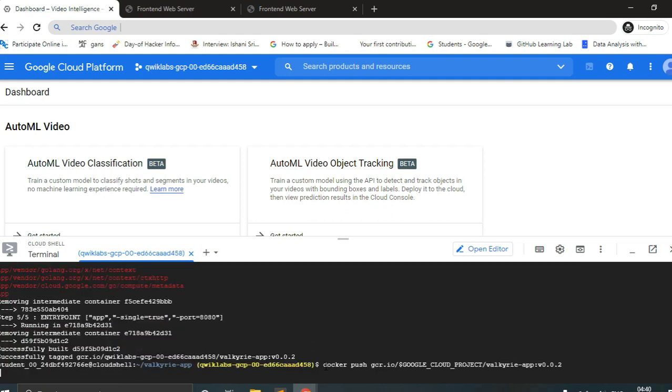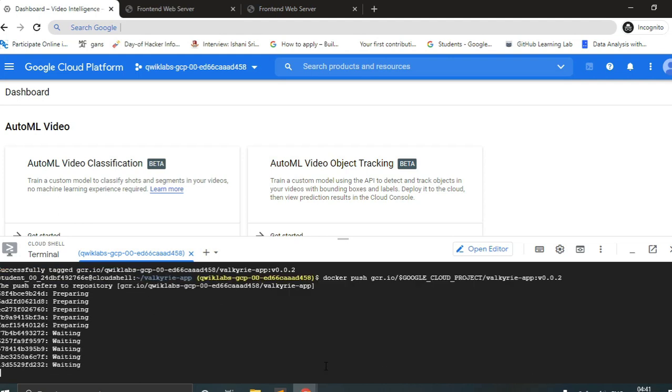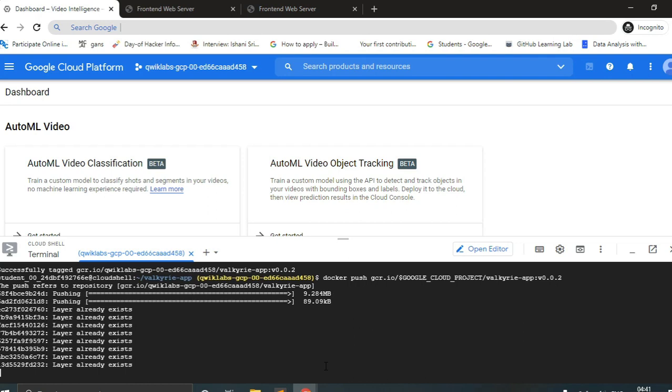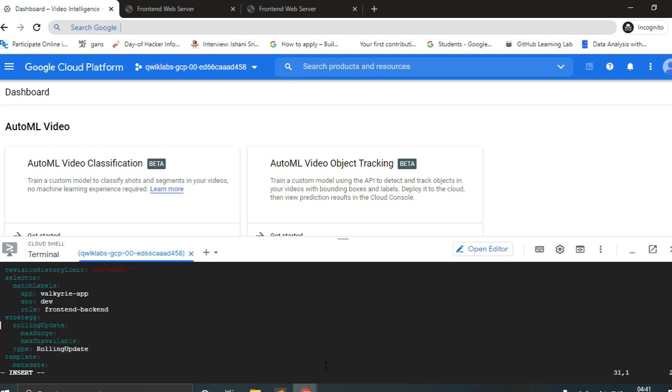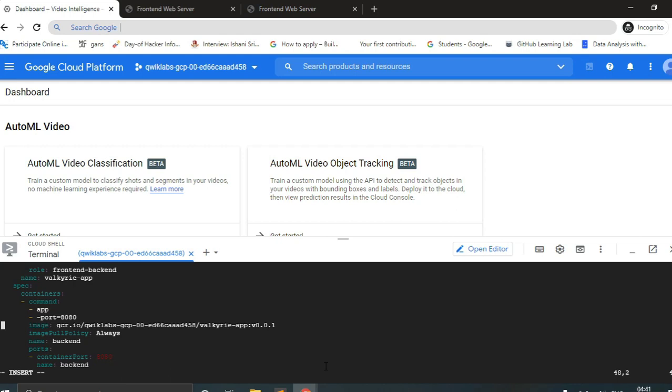After that, we would be changing the version. Ignore this red text for now. We have pushed the container with that version, and here we will be opening the editing console. Yes, we are open again. Press I to start editing, and after that go to its image, then change the version from 1 to 2.